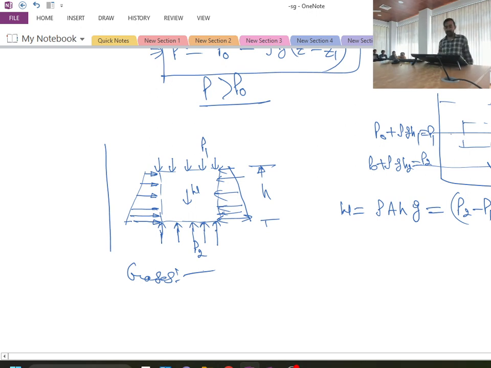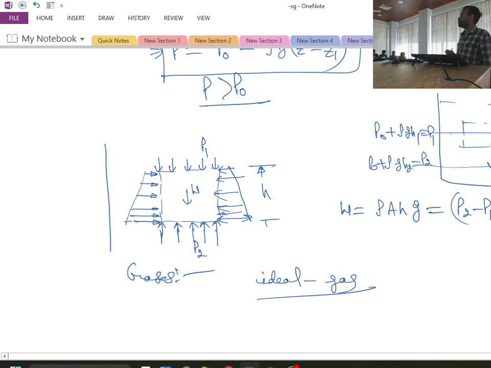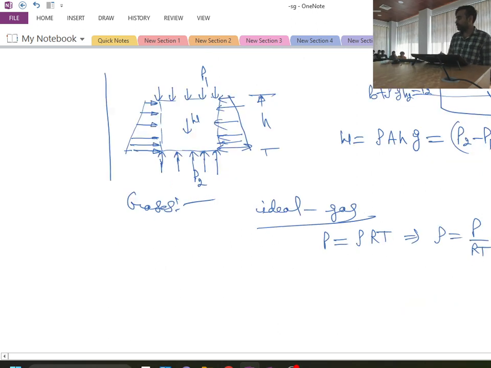Okay, so one of the famous equations we all know is the ideal gas equation, and for atmospheric air at normal conditions it can easily be applied. Okay, so if I write P equal to rho RT, then I get rho as nothing but P by RT. Okay, so now if I substitute this into our main equation, which is dP by dz equal to minus rho times g, I will get minus, in place of rho I will write P by RT into